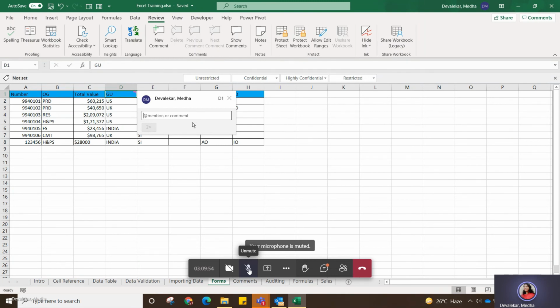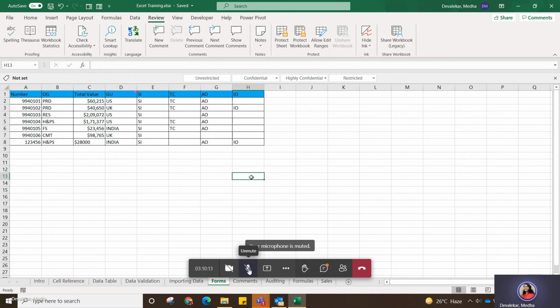Anything. GU is geographical unit. Okay, and now if I post this, so this button is for post.